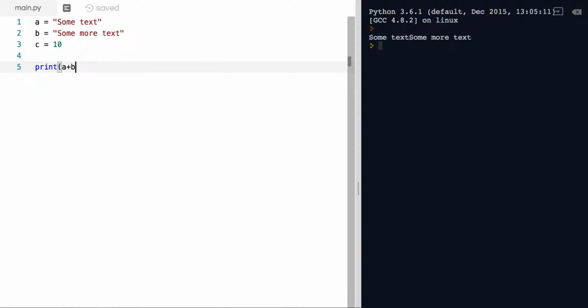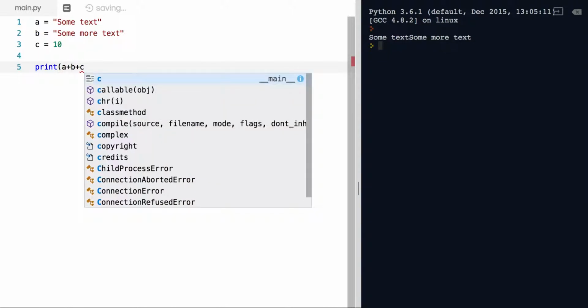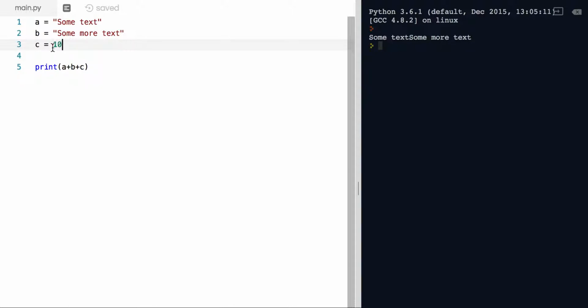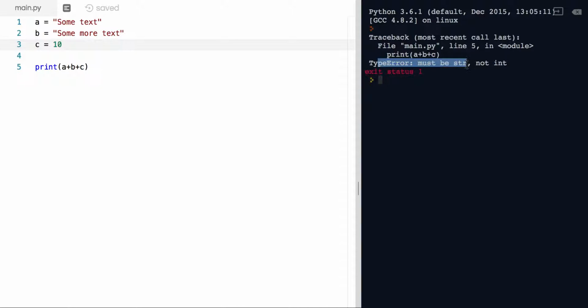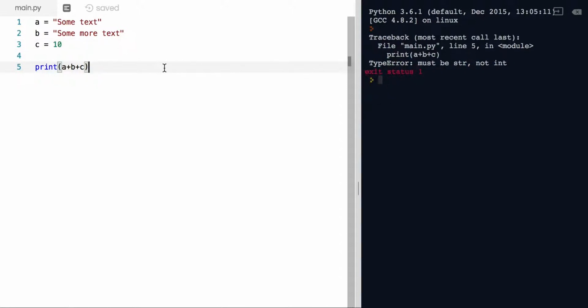But what we can't do is use a plus b plus c, because c is an integer. So let's see what happens. Okay, so we've got what's called a type error being produced because we can't physically add an integer to a string. So we could address that by doing